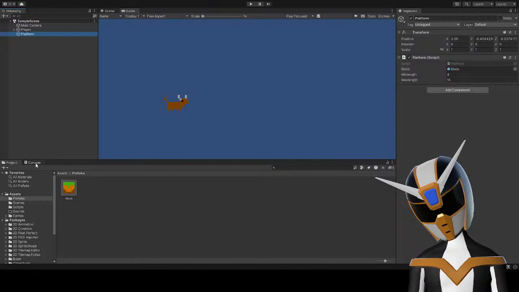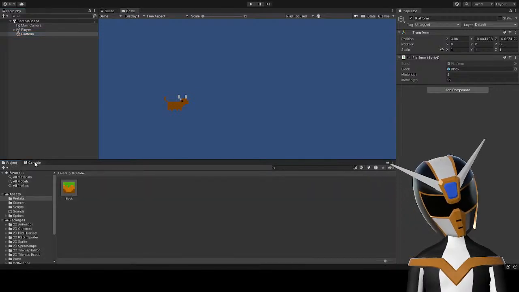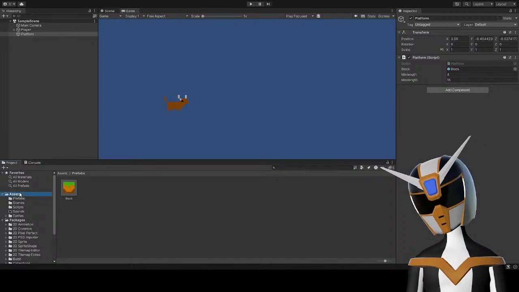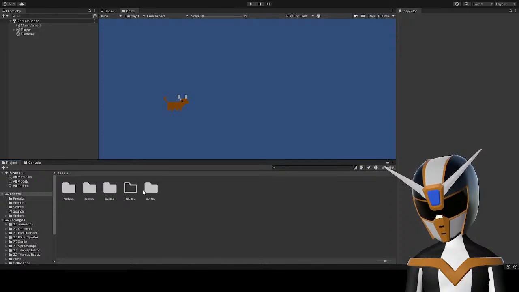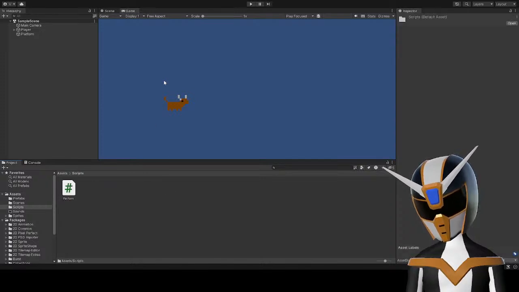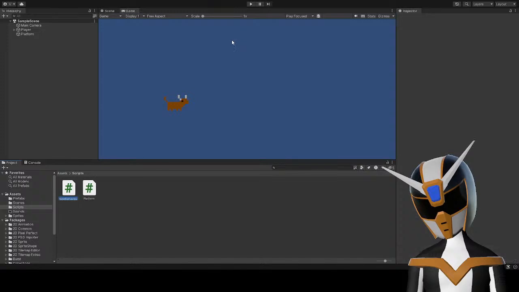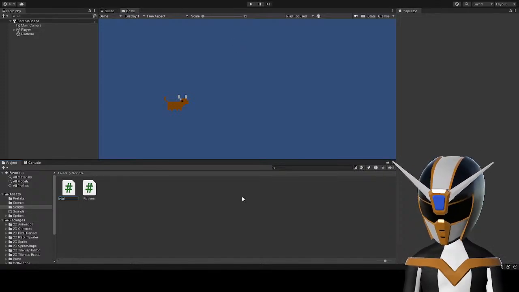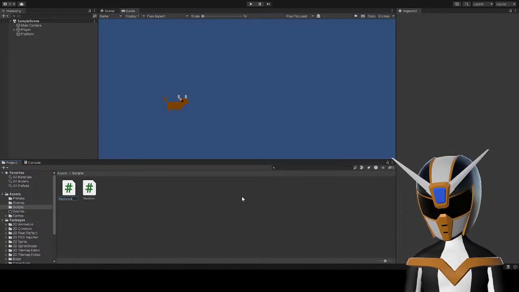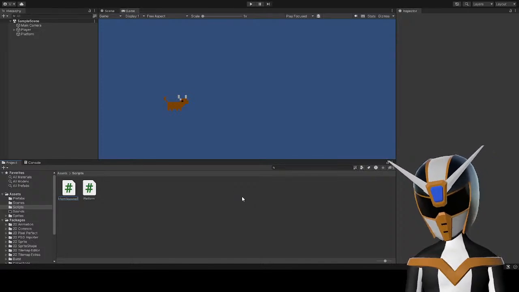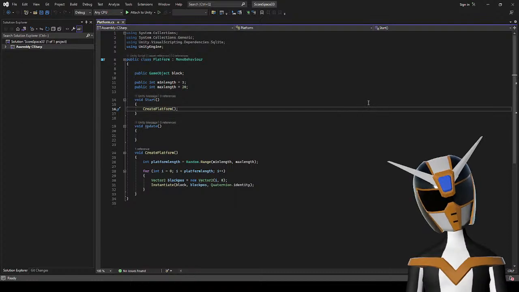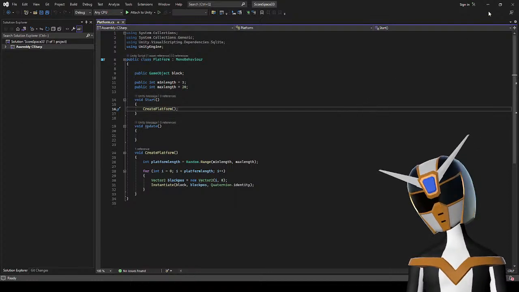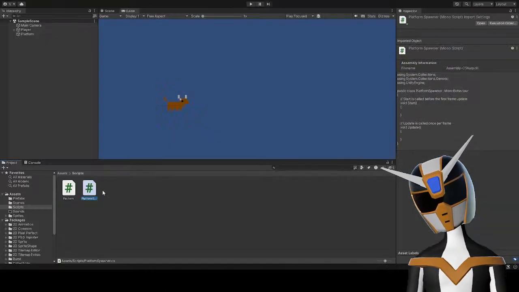So then let's make a platform spawner script that will spawn platforms at the right side of the screen. This is going surprisingly smoothly. I can't believe that script just worked immediately.